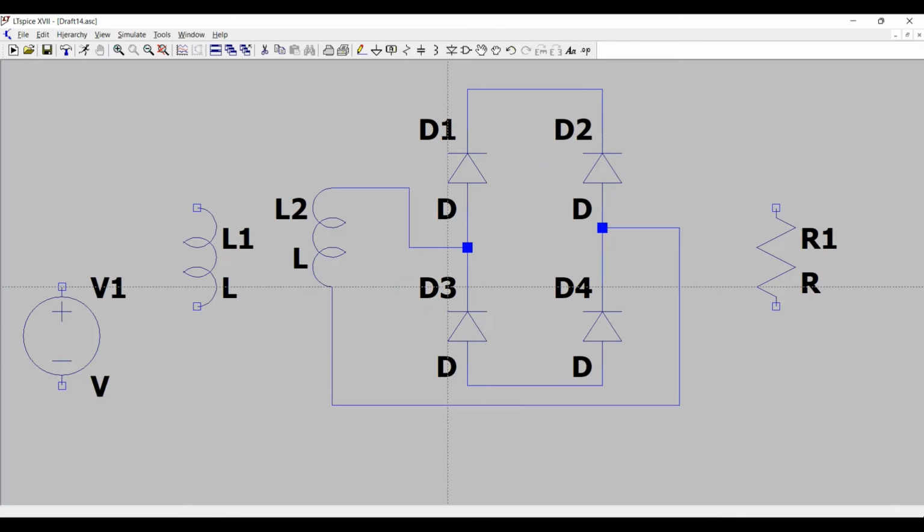And then here. Now where we need to take the output, this node will be connected at this point. The second node of the resistor will be connected at the other direction, and press